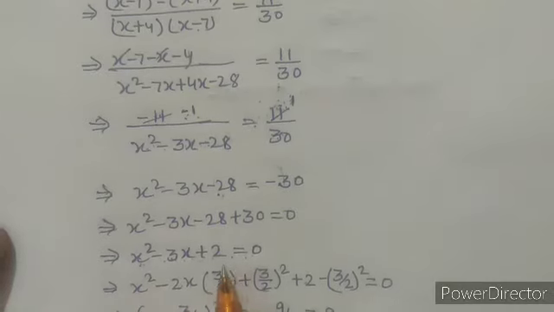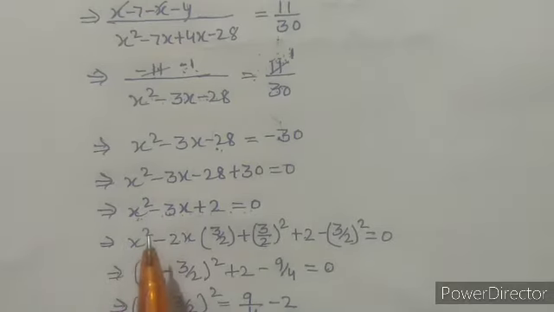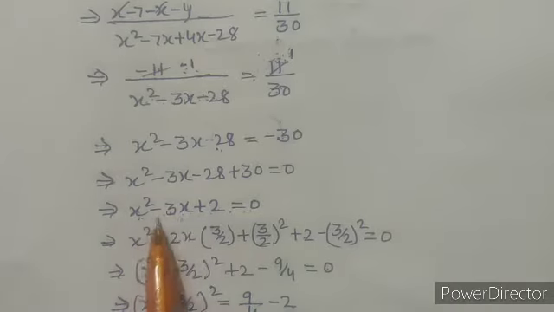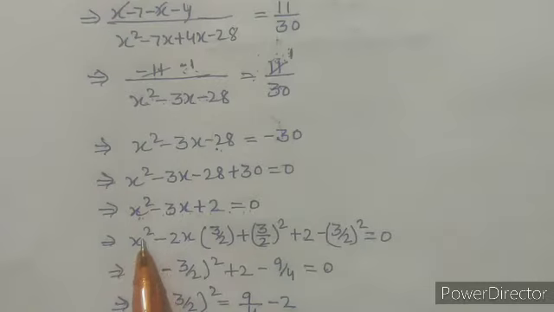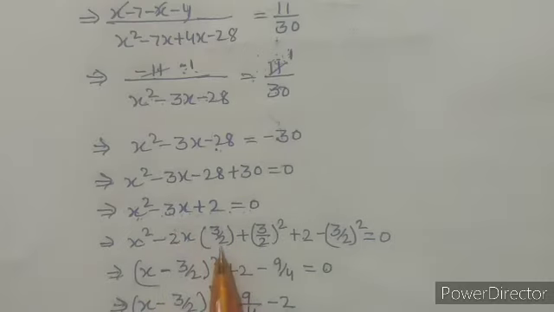equal to 0. Now first of all, we can solve it by factorization method also, but here I am solving it by completing the square. Now here it is x square, the square of the first term is given to us. Now the second term will be negative, the sign we take from the coefficient of x, that is minus. Next will be 2ab, so that will be 2, a was x, and b will be obtained by dividing 3x by 2x, and that will give us 3 by 2.